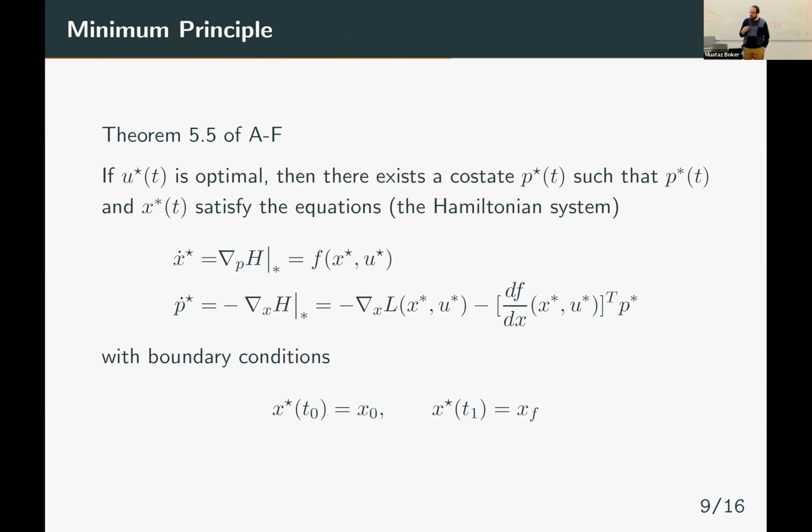The minimum principle shares similar, if not the same, necessary conditions as the variational approach, except for the condition that we need to differentiate the Hamiltonian with respect to U. We will use the same conditions as the variational approach, except resorting to the gradient of H with respect to U. We are not going to do that, and that allows us to consider Hamiltonians that are not differentiable with respect to U. So that's the idea.